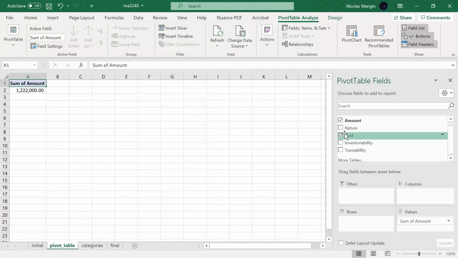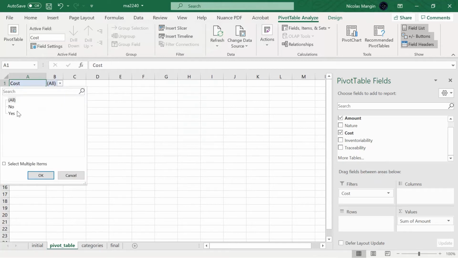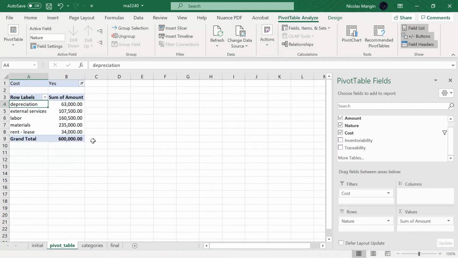So the first thing I want to do is add cost here as a filter, and I only want what is a cost. So I select in my filter those that are classified as yes for a cost. Then I'd like to compare a bit my different classifications. For instance, I can take the nature of my cost. So I click on it, maintain the click, and drag it down there on rows,